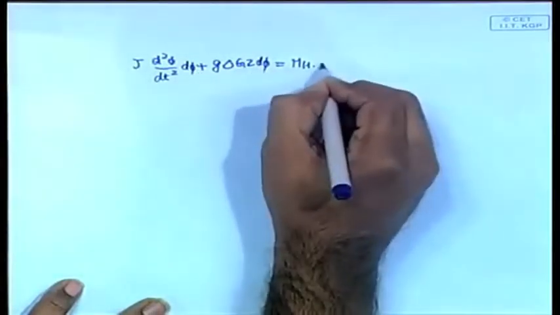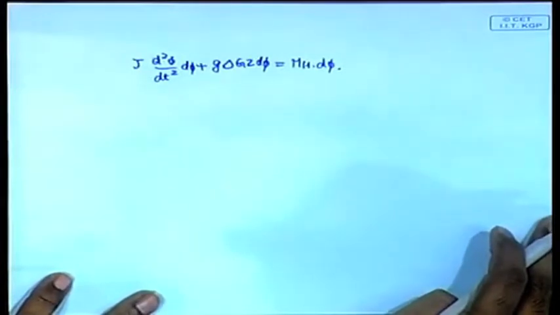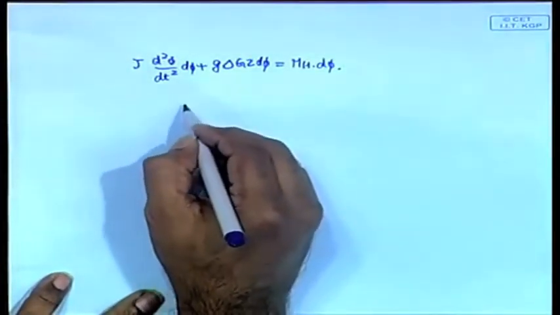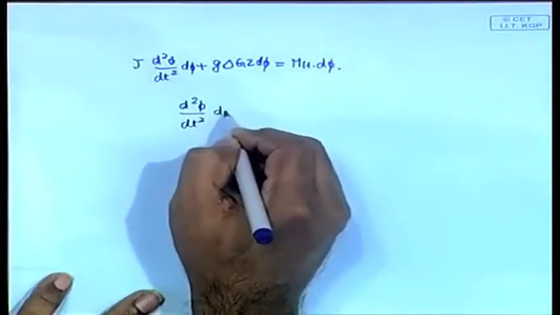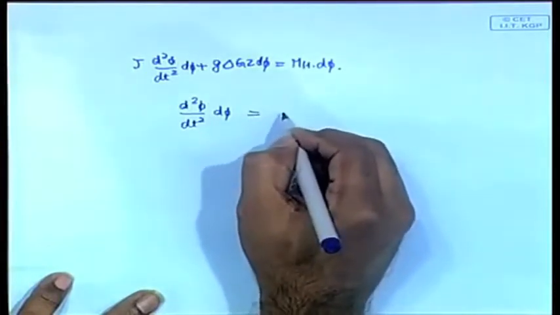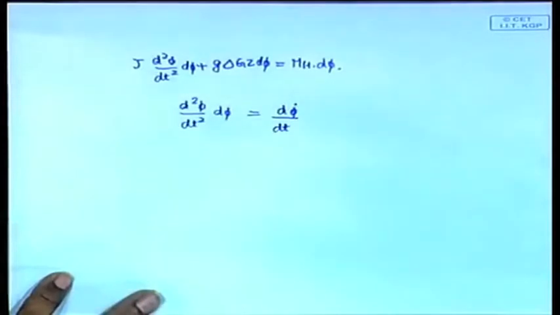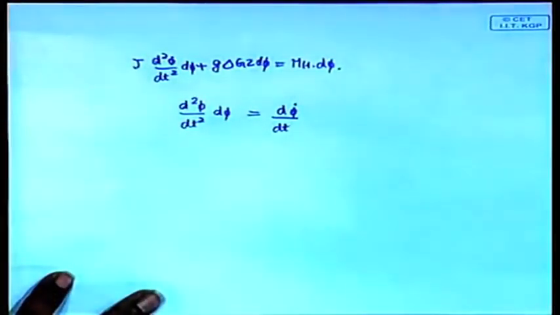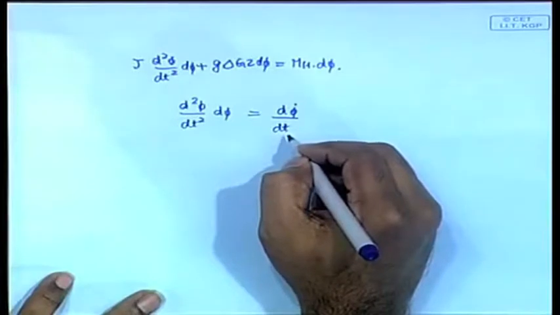Now take the component that comes with j, d square phi by dt square d phi. d square phi by dt square can be written as d phi dot by dt, where phi dot is d phi by dt. Okay. So d by dt of d phi by dt is known as d square phi by dt square. So d phi dot by dt into d phi,